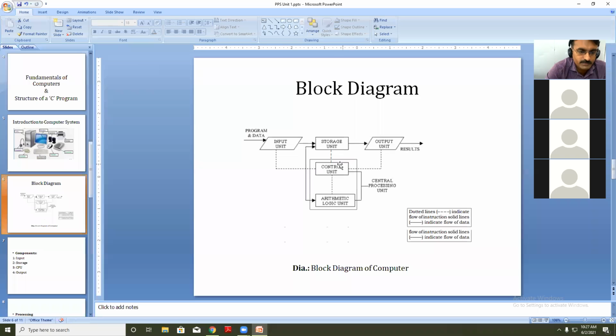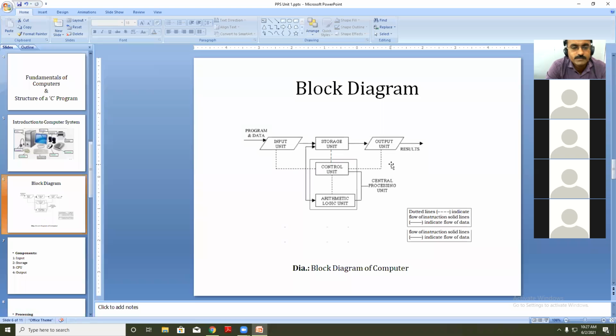Before this, we will go through the components one by one. The input is given, and it is stored in the storage device, both before processing the data and again after processing the data. After that, if I require this processed data as output, it can be displayed on output devices in the form of a monitor, or CDs, DVDs, or you can take a printout from a printer.